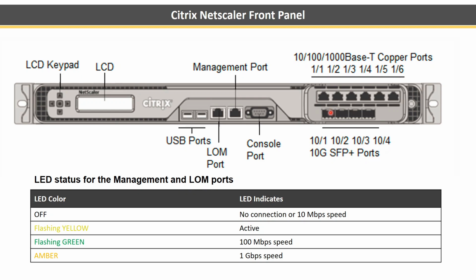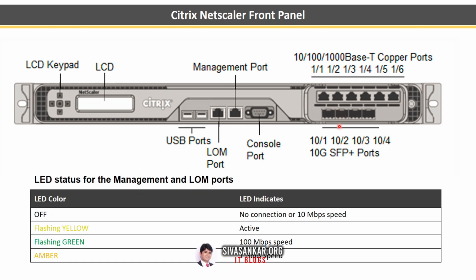So typically when you buy a Netscaler, most people think that you get SFPs. No, you don't get SFPs. You need to buy SFPs. If you need 2 10 gigs, you need to buy 2 SFPs. If you need 4 10 gigs, you need to buy 4 SFPs. But I always recommend, if you are buying a Netscaler MPX or SDX physical box, buy at least 2. Even though you are not using them from day one, maybe you might need them later, right?